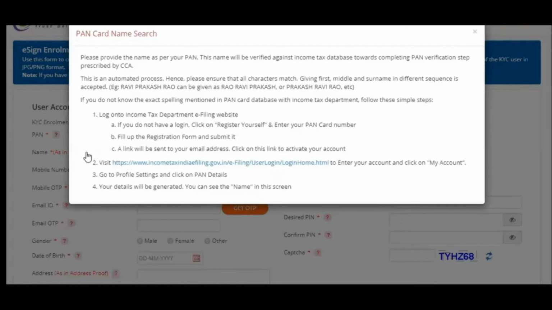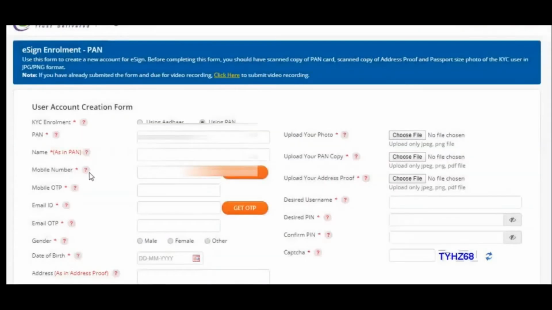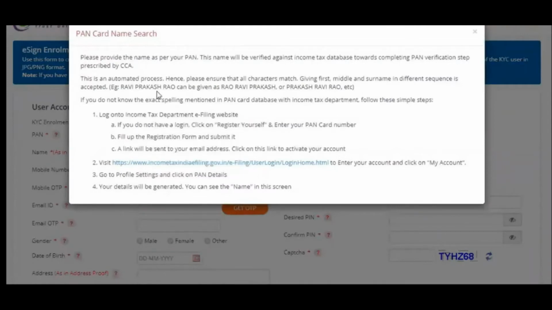I'll repeat, it is mandatory. If you can see, there is a question mark here. You have to click here and there's a complete guide on how to register on the income tax site.